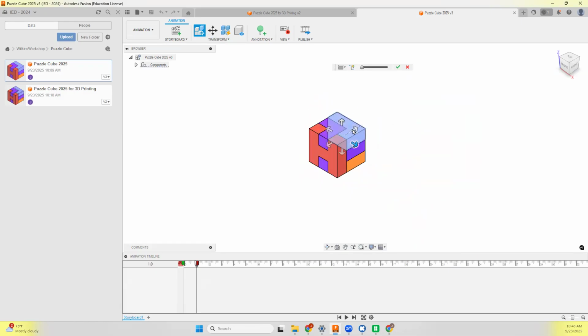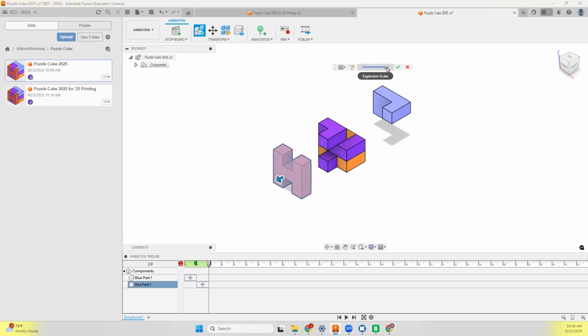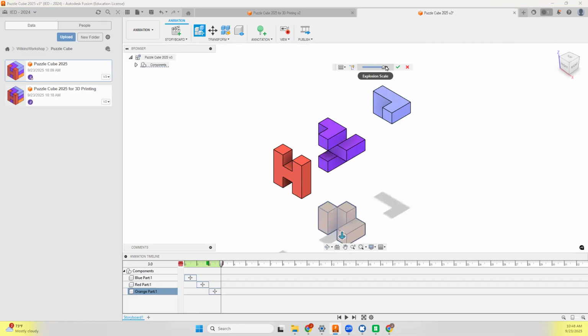So this one I'm going to do first, and I'm going to go ahead and click backward here, and I'm going to pull this blue part back. Unselected, so click somewhere over here, left click to get off the selection. And then I'm going to move the red H forward and say okay. And then I'm going to move the orange piece down in this regard. So again, manually explode, click on the orange piece, go down, and then I'm going to drop that down this way